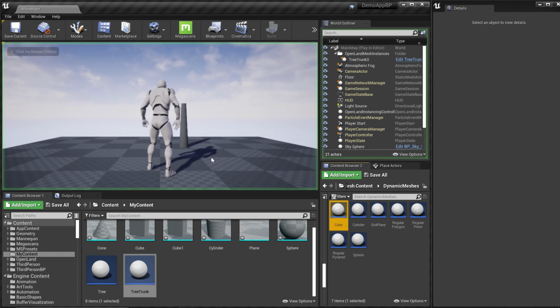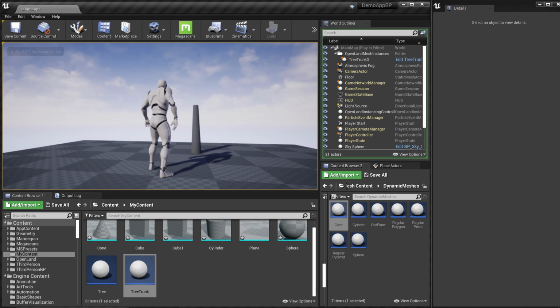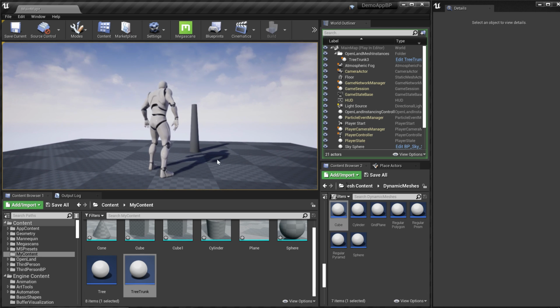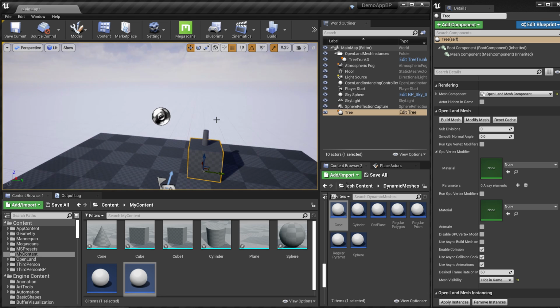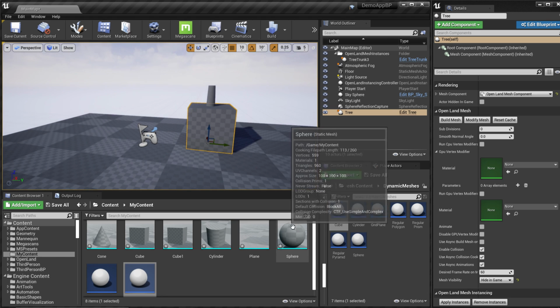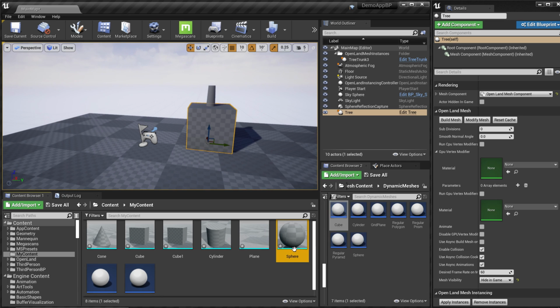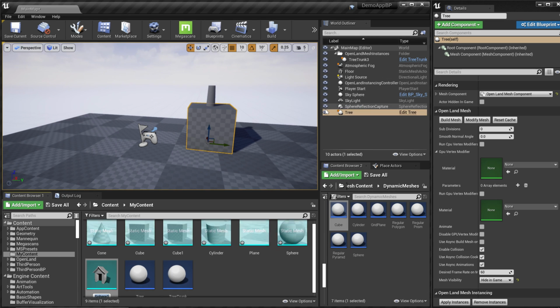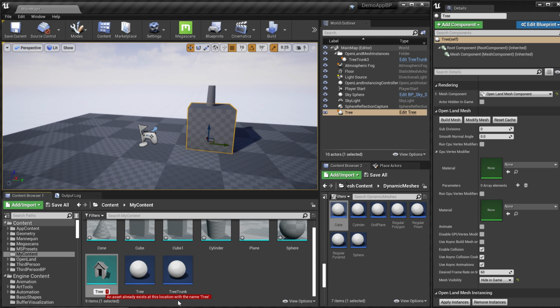Alright, then I can play the game again. Now you can see inside the game we don't see that cube, which is pretty great. So now I'm gonna create leaves, or something act as leaves. In this case, I'm gonna select the sphere from my existing content directory, right click and duplicate that. Alright, let's give it a name like tree top,